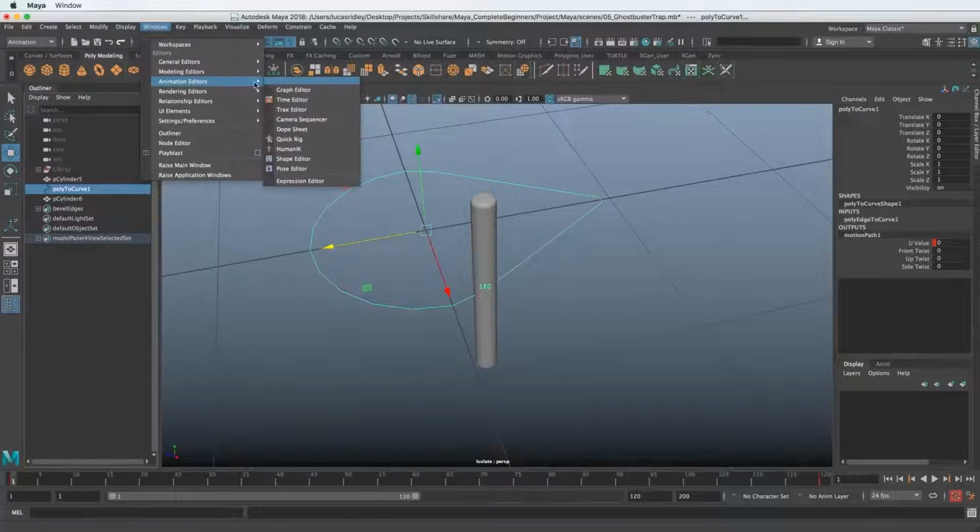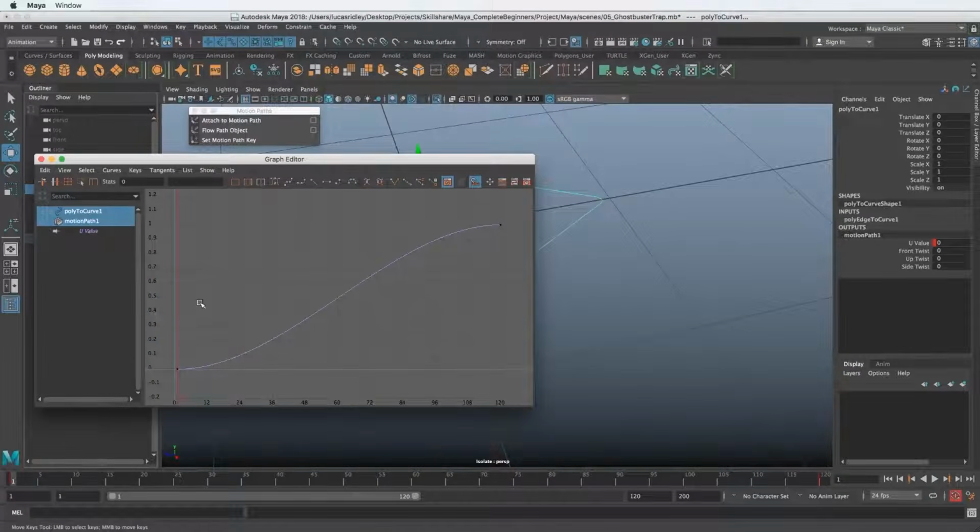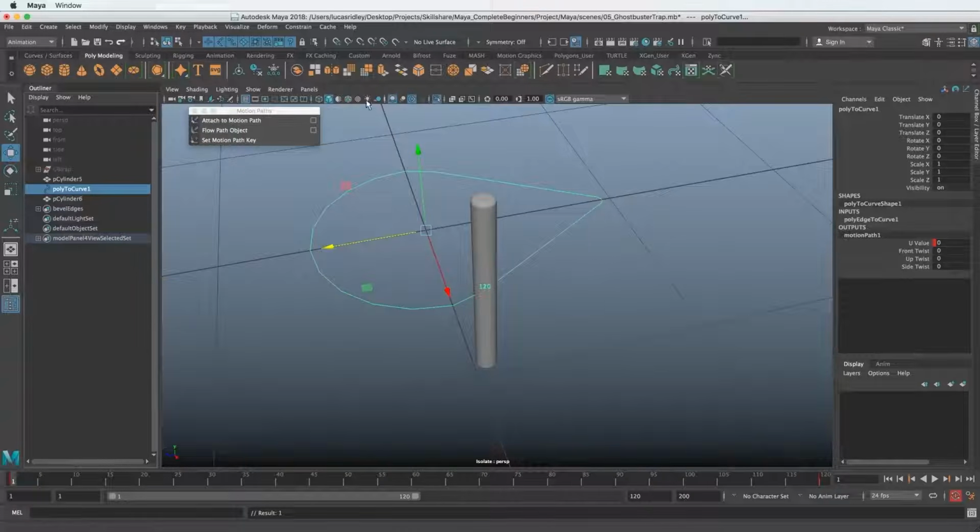We'll go to Windows, Animation, and we'll go to the Graph Editor. This will open up a new window, and now we see a motion path 1 U curve, and that's what we were looking at over here, motion path 1 U value. And you can see it starts slow, speeds up, and ends slow. So I'm clicking and dragging the vertex here, the keyframe, and I'm selecting this one, and I want to hit this straight line here, and it's going to straighten that out. So now we can close this. We'll learn all about animation and Graph Editor more later, but for right now, that's all we need to know.